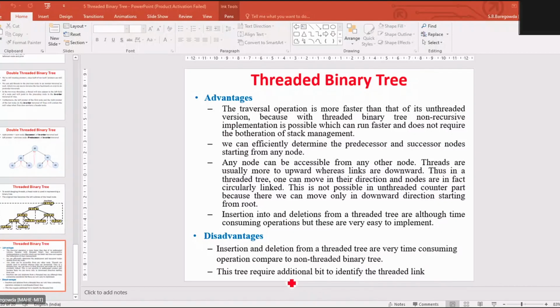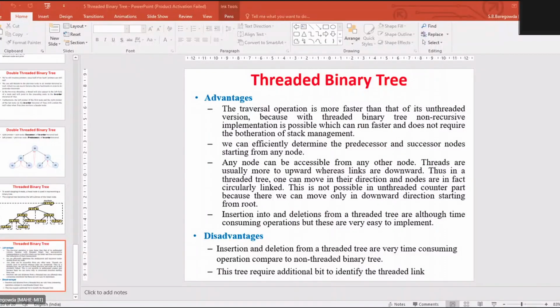One is left followed by right rotation, which is the LR rotation. The second type is right followed by left rotation, which is called an RL rotation. So these are the four methods. Let us see